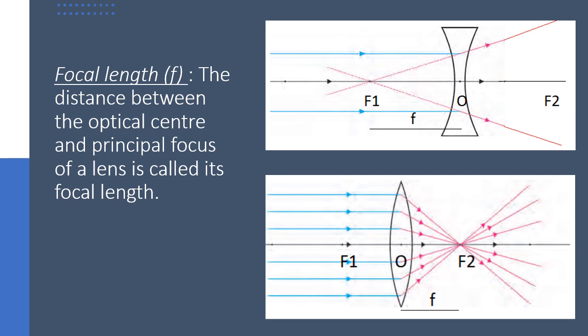In the case of a concave lens, as we already saw in the video, when these rays are refracted, they are going to be extended backwards because they are diverged, not converged. So we extend them backward, and you get one point on the principal axis again, which is the principal focus. Now what is the focal length? The focal length is nothing but the distance from the optical center to the focus. That is what we call the focal length. You can see I have shown it with the line in the diagram. This is my optical center and focus. So this distance from optical center to the focus